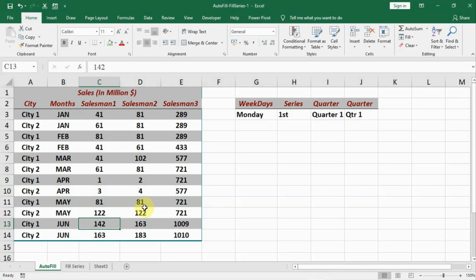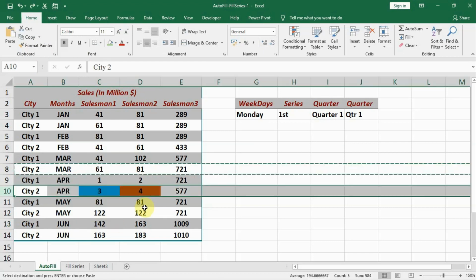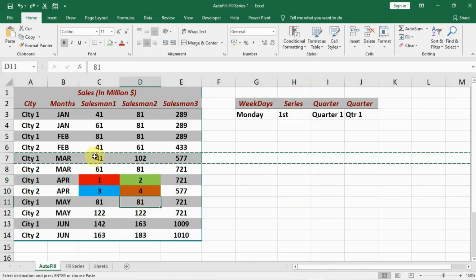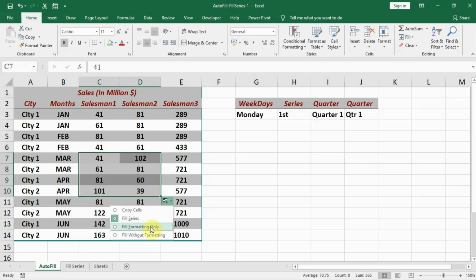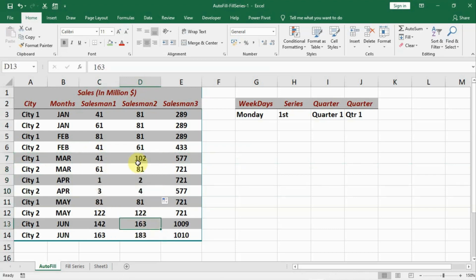I can shorten it. Let me try it again. Control Z. What I'll do is select the two cells above, and I drag it down, and as I drag it down, on the right-hand side a symbol of autofill options comes up. I can click on this option and it says fill formatting only. I click on this and see, the formatting is the same and the color codes are gone, whereas the values remain intact: 1, 2, 3 and 4.